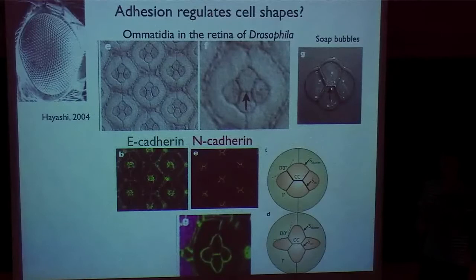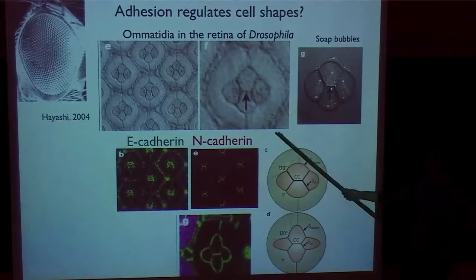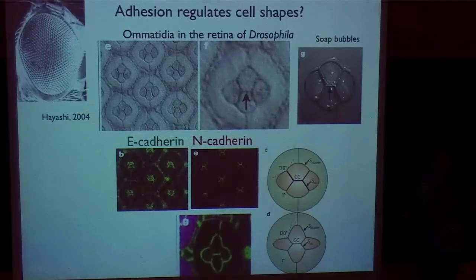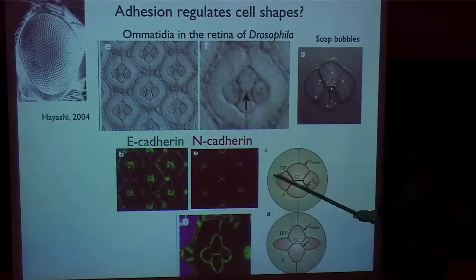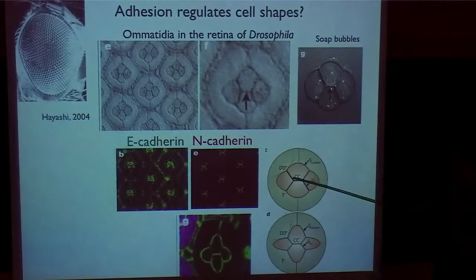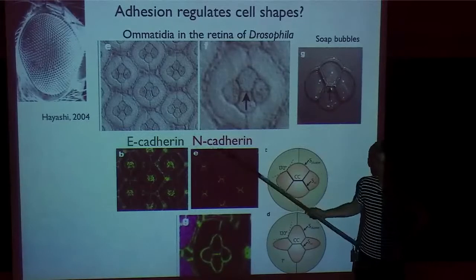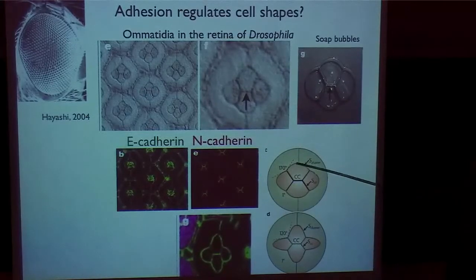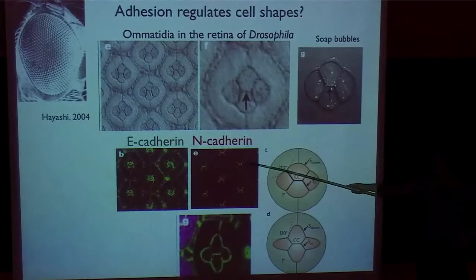I would say that what we learn from this resemblance is that mechanics of surface is important. What we do not learn is what are the properties, at the molecular, supramolecular level, which yield the property of cell surfaces and then which govern cell shapes. And in the case of these specific cells, cone cells in the retina, it has been shown by Carthew and Hayashi that the length of contact with these cells is determined by the relative ratio of N and E cadherin to some extent, and that N cadherin is present only between these 4 cone cells, but is absent at the contact between cone cells and